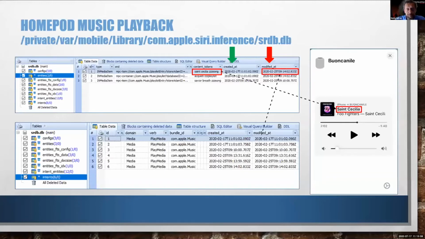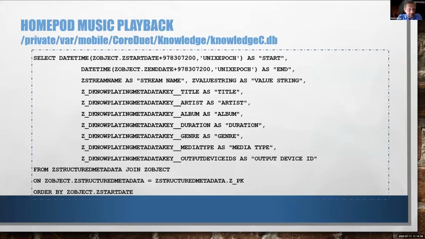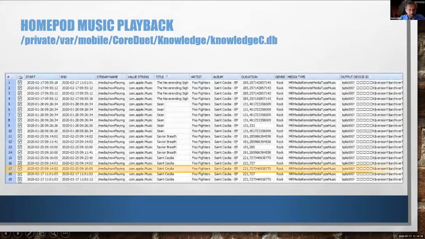The other database that we found is, as quite often, the Knowledge CDB. It contains specifically information about music that was played. And with this query, you can get information about songs that were played with the iPhone or with the iPhone in the system. What does it mean in the system? That we have a column